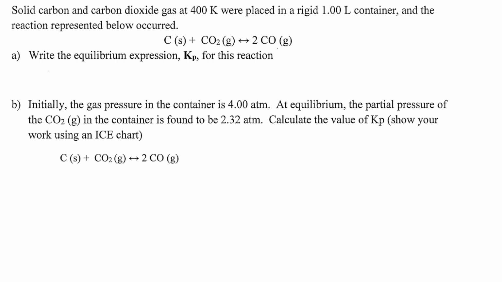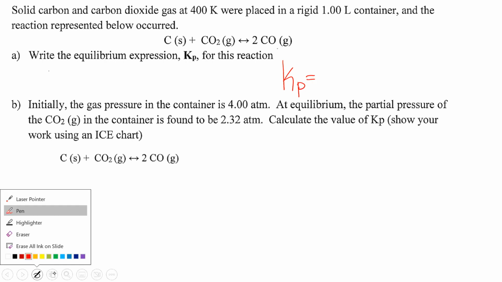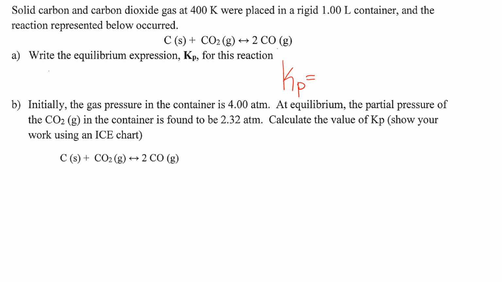Welcome. In this video we're going to look at an ICE chart type problem, and we've got an equilibrium scenario given. Our first question is to write the K expression for this reaction. Notice that it is a Kp that I'm being asked for, so I want to make sure I use the appropriate symbols here. And when I write a K expression in general, it's products over reactants,